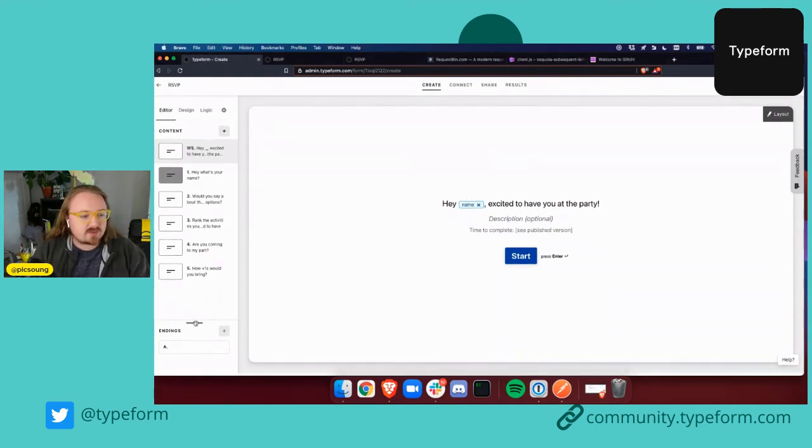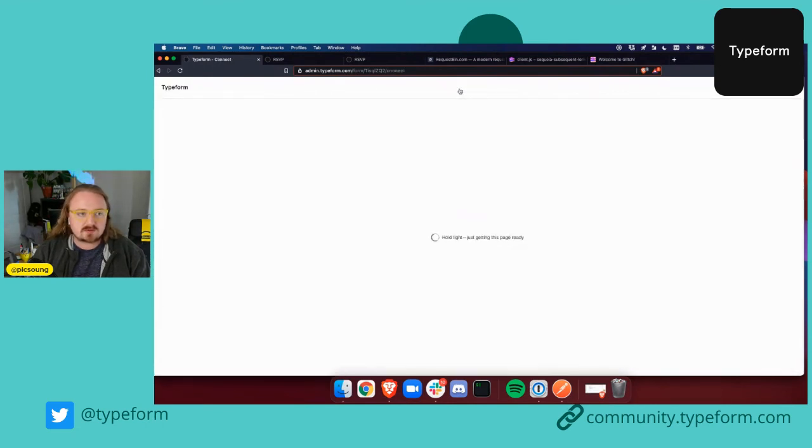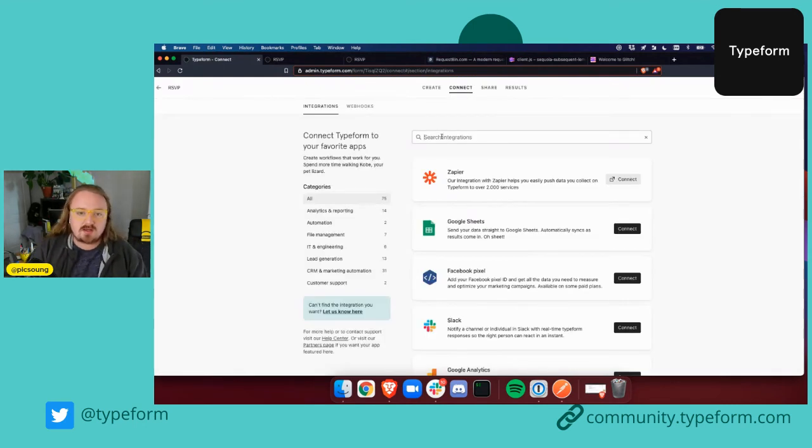I'll say we're pretty much at the end of the things I wanted to show you. One thing I want to show you as well, for developers and people that are building integrations with us. Now we have added a search bar